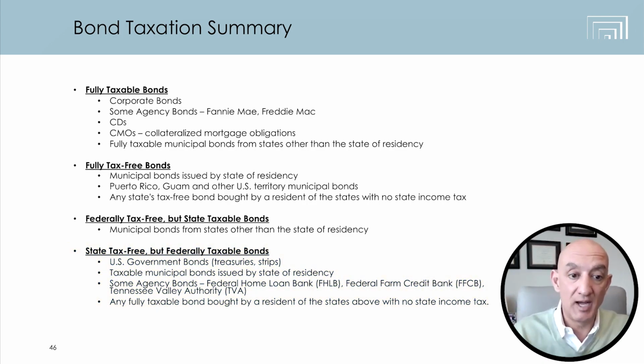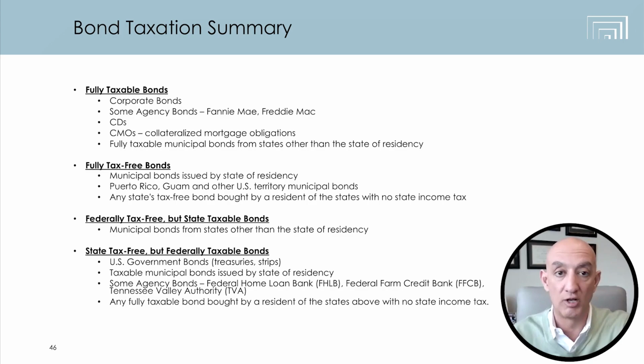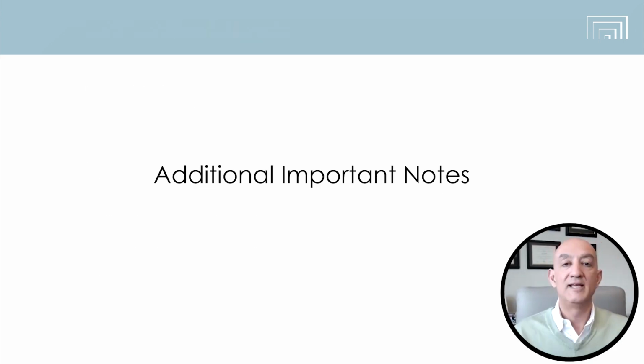And so just keep in mind the taxation. Rather than going through all of these, those are the main highlights. This is how various bonds get taxed. It's important to understand how bonds trade. The vast majority of bonds trade in a dealer-to-dealer market. That means if I have a bond that I want to sell, I go to my brokerage firm and say, I want to sell this bond. They in turn take that bond and show it out to the street, and all these different firms see it.